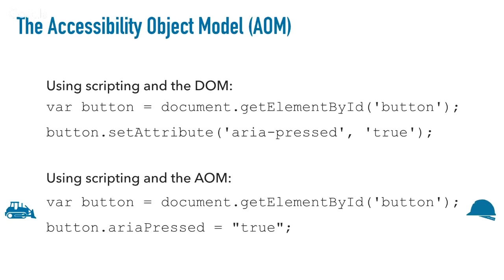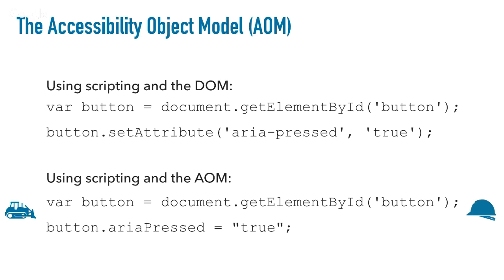So typically, for instance, if we wanted to change the ARIA pressed state for a button, we'd do that with button.setAttribute, something in our scripting that would change that attribute in the DOM. The DOM is then interpreted into the accessibility tree, and it becomes accessible to a screen reader user. The button is pressed. The accessibility object model allows us to essentially bypass the DOM and make those changes directly